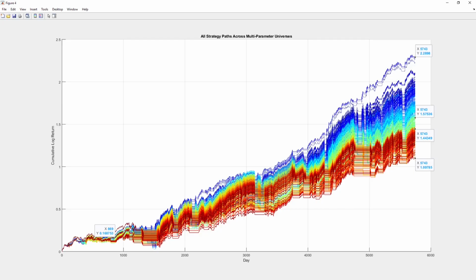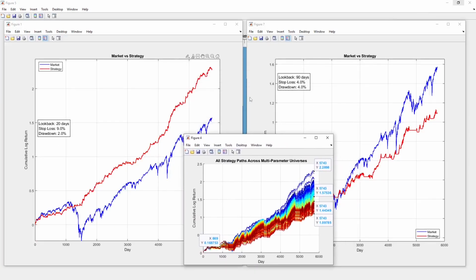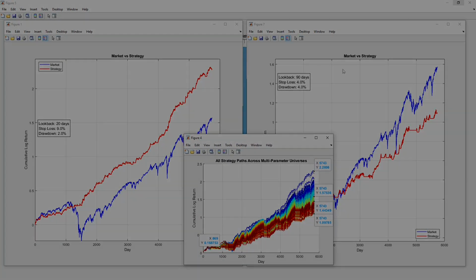So I can tell you, I have to go look at my chart here. Just give me 1 second. Okay, we just pulled that up. I can tell you on a chart which one of these 512 universes this guy was. And it should be of no surprise, I hope it wasn't. You might not be able to guess the look back, but you can probably guess the stop losses and drawdowns. So as it turns out,